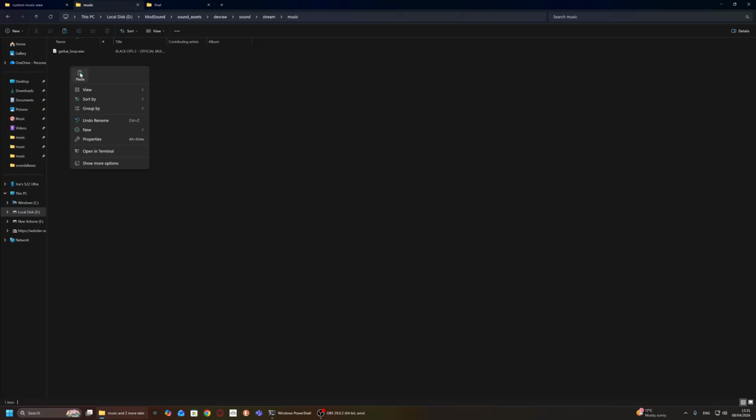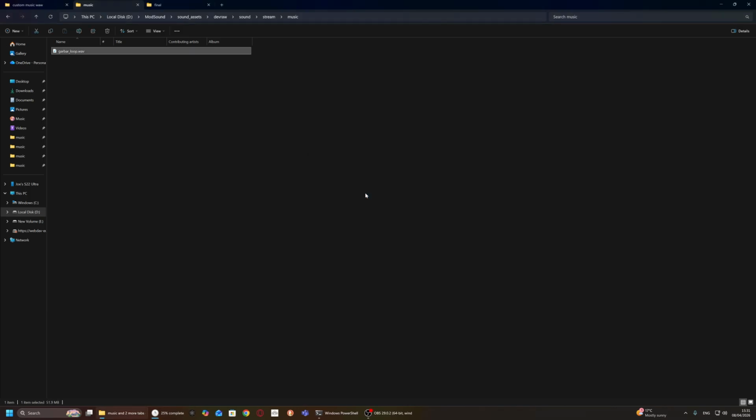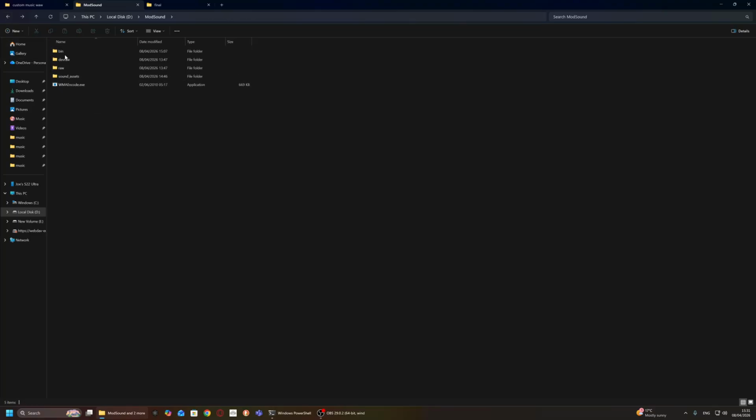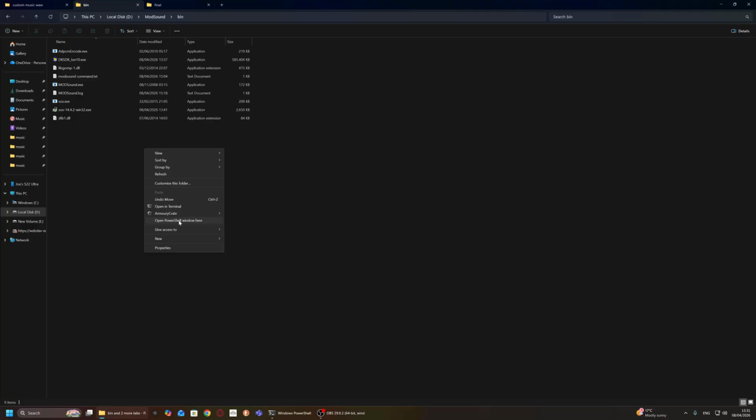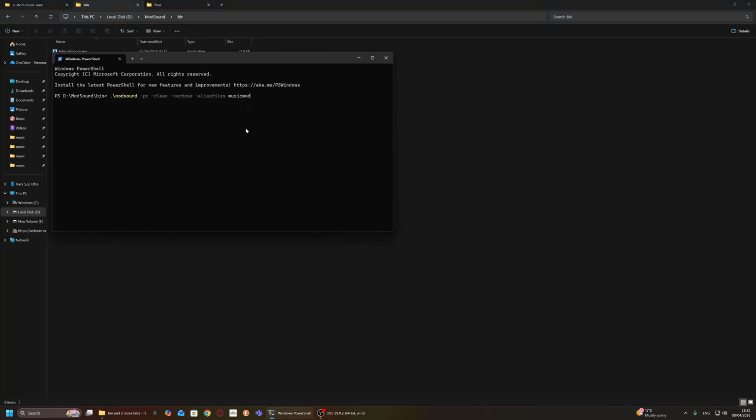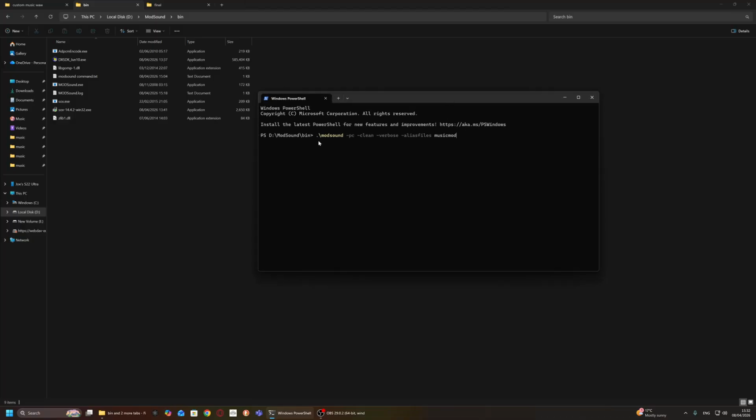And then paste in here. I've already got another one in there that I used earlier, but I'm just going to override this. There we go. Back, then go into bin, and then we shift and right click and open PowerShell window here, but I've already done it, so I'm not going to click that. So I've got it open here, and then you put in this command